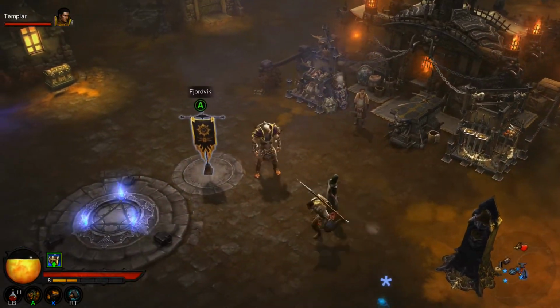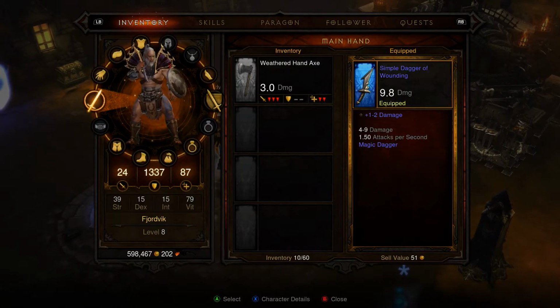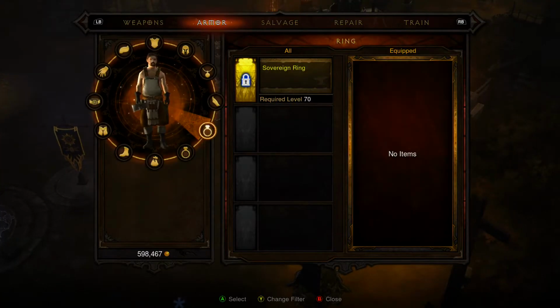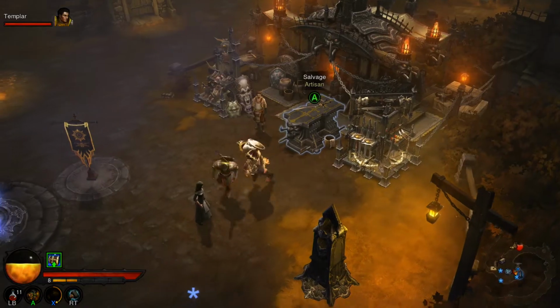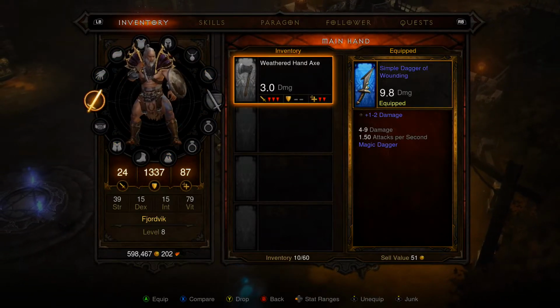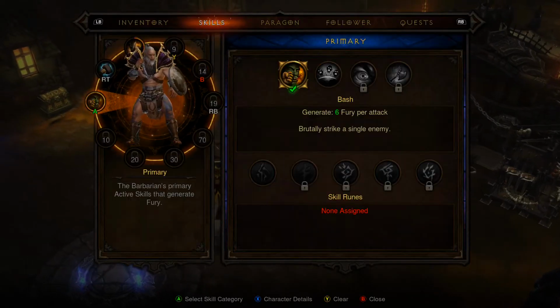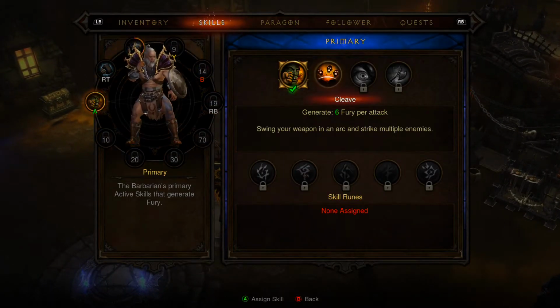Oh, there was something strange going on there. Let's take a look at the skills. Doesn't seem to have salvaged that. Huh, why is that? Let's just drop it, we don't need it. Alright, skills. So, we've got...